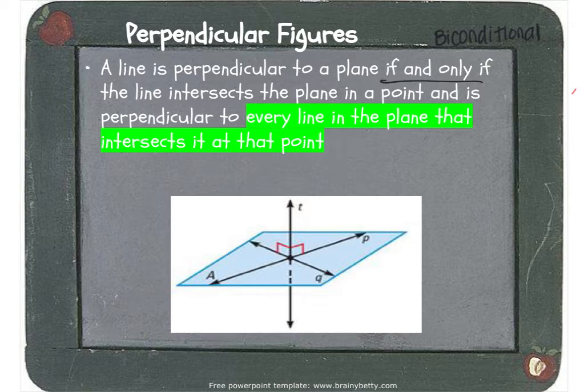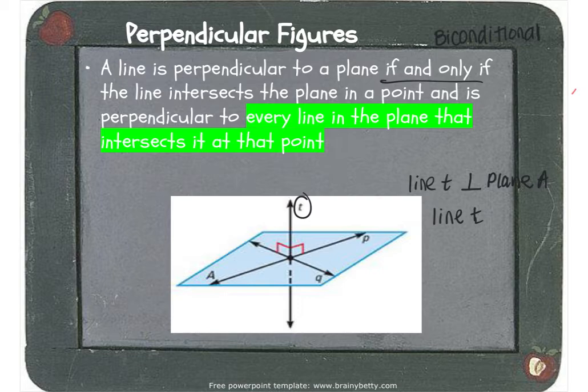And what this is basically saying is if this line T that we see over here is perpendicular to the entire plane, that would be the plane that we see below, plane A, okay? So line T is perpendicular to plane A. That's saying that any line in plane A, so Q and P,